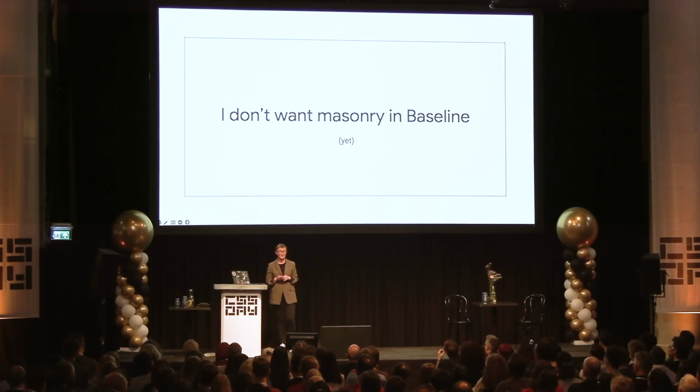But all that said, I don't want us to implement masonry yet. I would like us to implement masonry, but I would like us to stop and do something else first. Because masonry is an automatic layout method, and automatic layout methods have a big problem. If we say to the browser, hey, just lay this out nicely so it looks really balanced and all the pieces look great, it's going to cause a disconnect between the visual order, the way those things are laid out, and the DOM order.